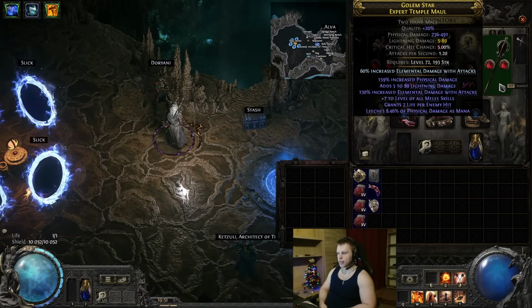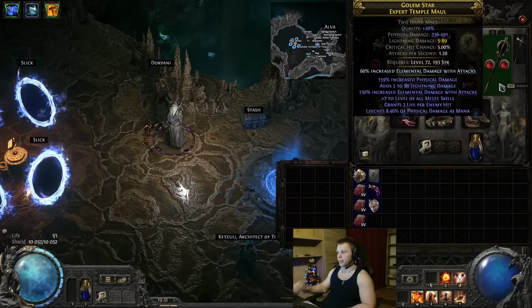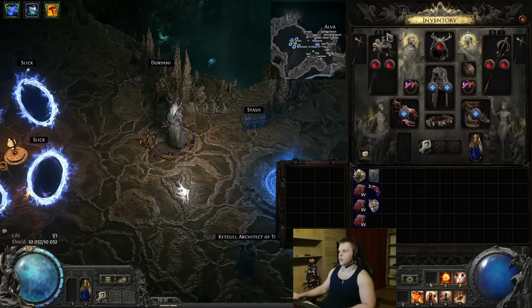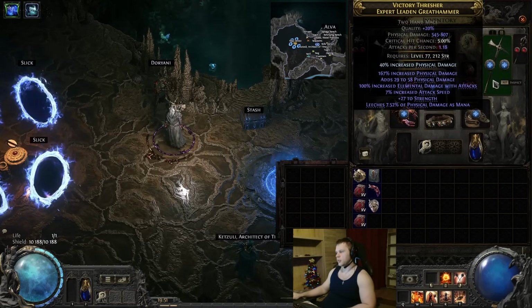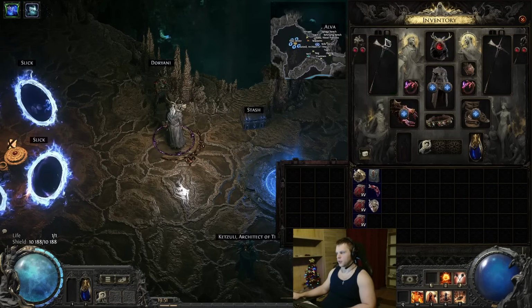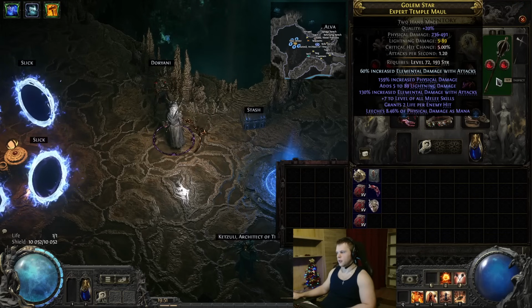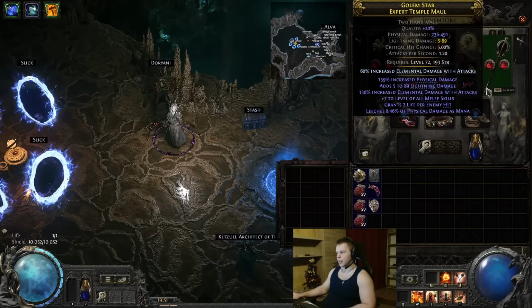So you don't necessarily have to look for very high physical damage weapons. You should focus on these stats first, and then the higher the physical damage, the better. And then on the swap, you can completely ignore this because I don't use this at all. On the swap, I have another weapon like this one. This is another weapon like this one, but it's worse. So your better weapon on your swap, you just want to